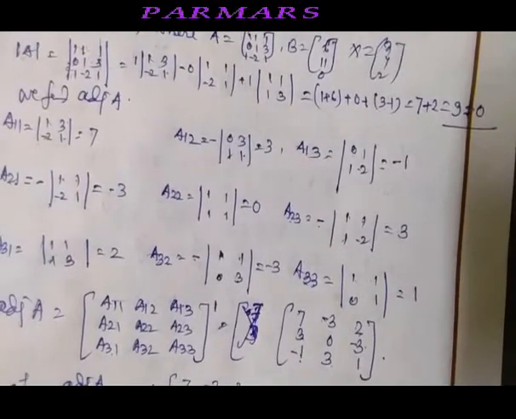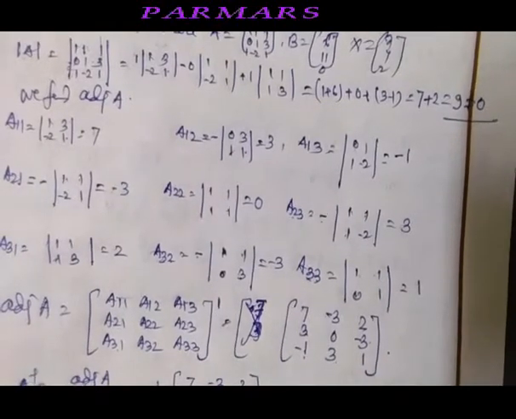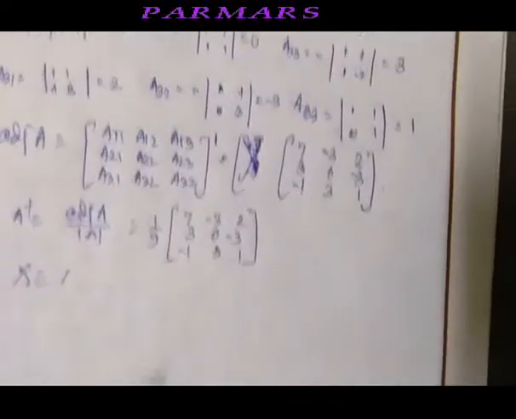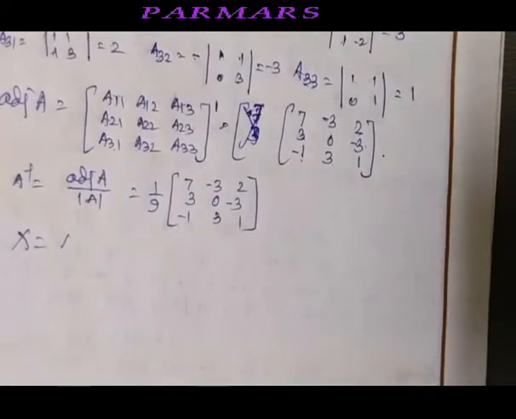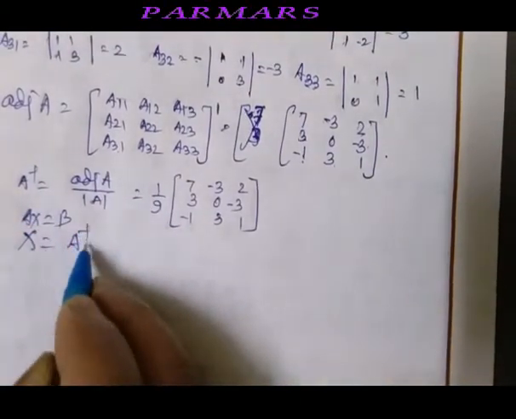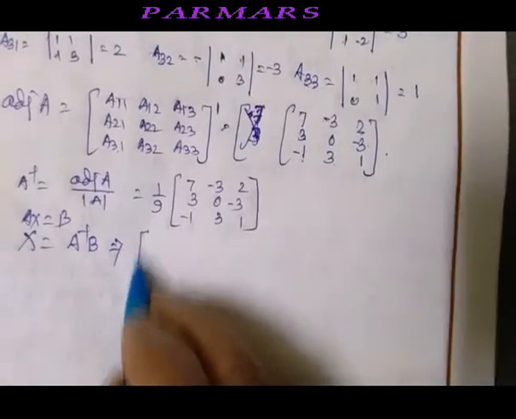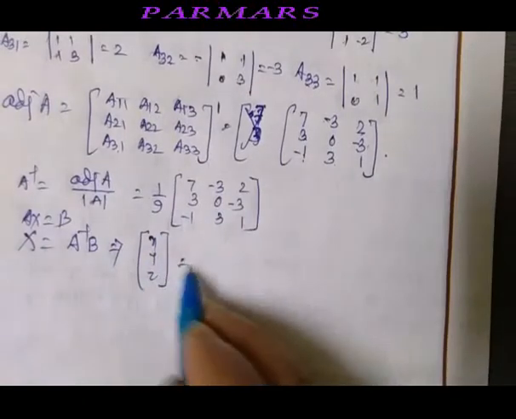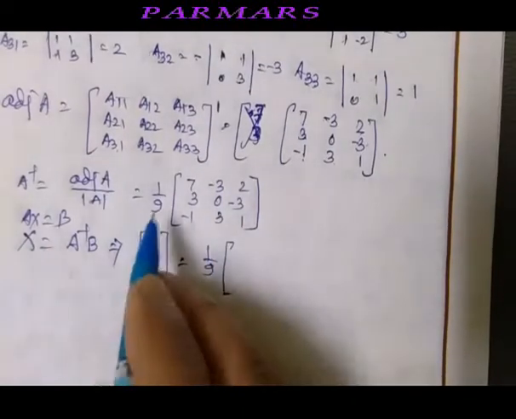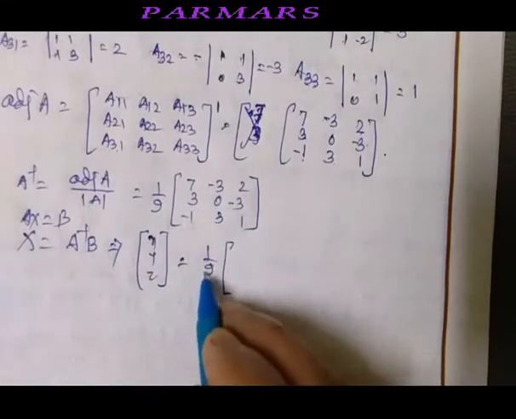Put it this way, okay, and then what is X here? So since the matrix equation is written as AX equal to B, X is A inverse into B. X is what? It is a 3 variable system, X, Y, Z. And now write down A inverse. I am not dividing each element by 9 because it makes it complicated. So 1 by 9 is outside.